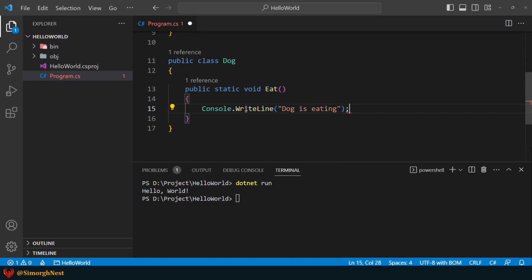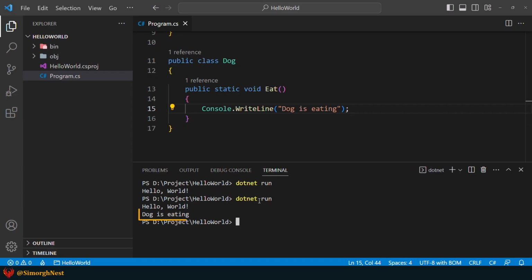And put a semicolon at the end of the statement. Now let's see what happens after running the application again. So we have a message that printed by the eat method in the terminal.